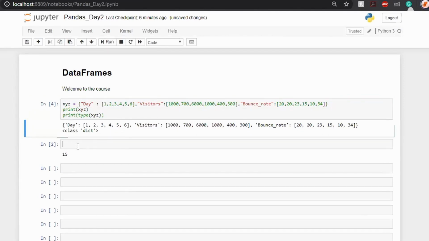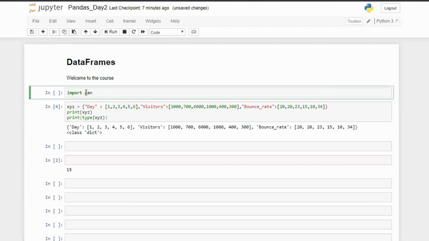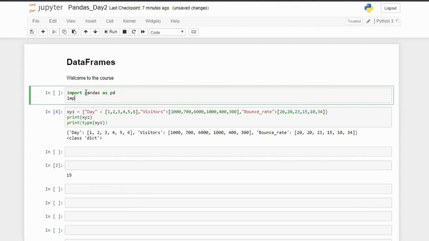Now how to make a dictionary into a data frame? I'm giving a variable, suppose df, equals pd. I have not imported pandas. So import pandas as pd, and from pandas import Series and DataFrame.